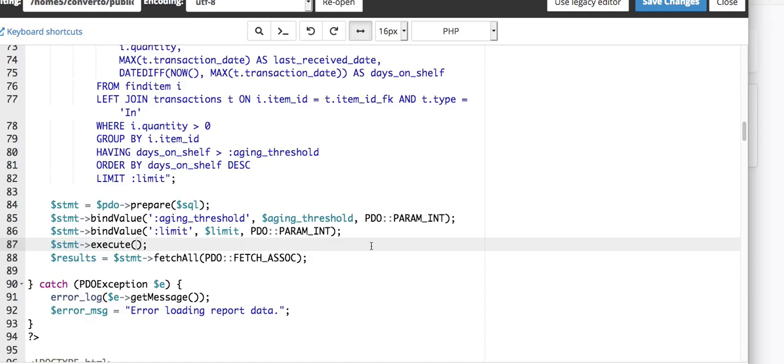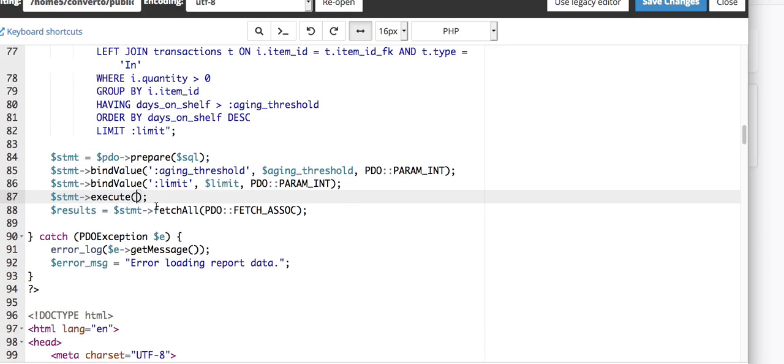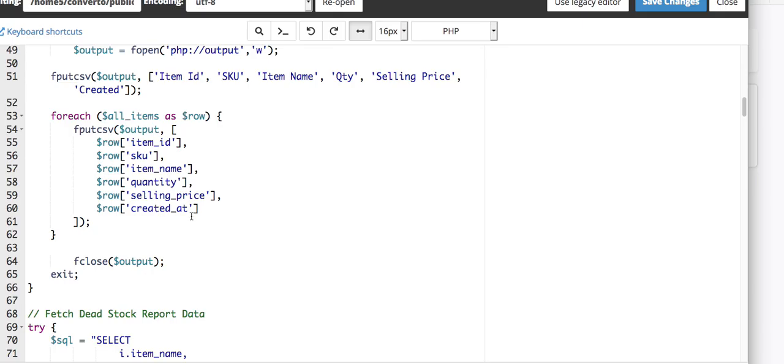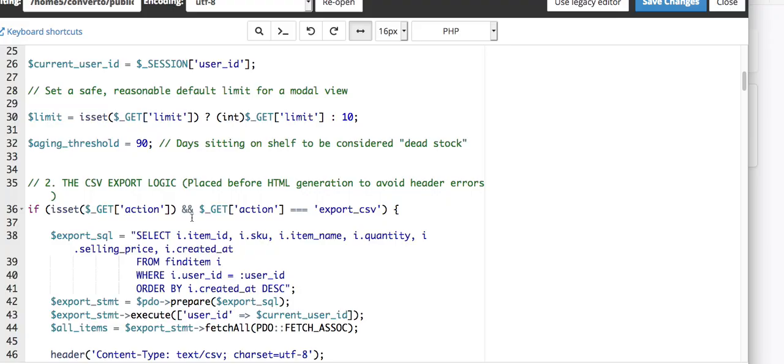Even though it will confuse people. So the binding value, we do this: we got 1 and 2 basically, which is 1, this guy right here, and there's 2, the limits. So if you go up, where is this limit? Right here. See the limit? This will give you the limits that we always do. So it'll be like 10, right? 10 meaning that you're going to get 10 items.